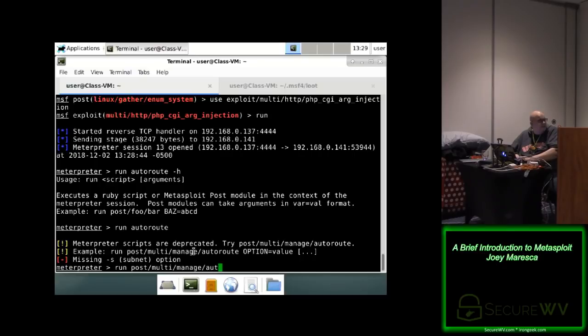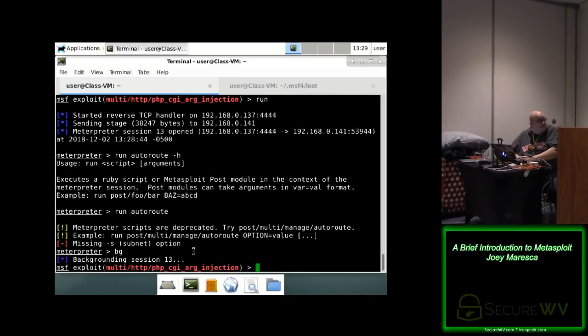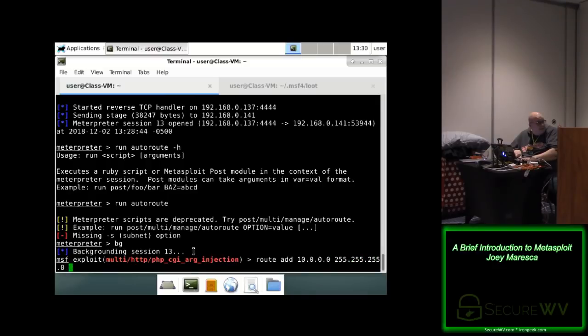Post manage autoroute. It doesn't exist. How dare you? Alright, so I'm going to background it because we can do it from out here. So you can do routes, like just straight up like a Linux or Windows route more or less. So basically just give it a route. We saw that other network was 10.0.0.0, so we do 10.0.0.0, subnet mask,